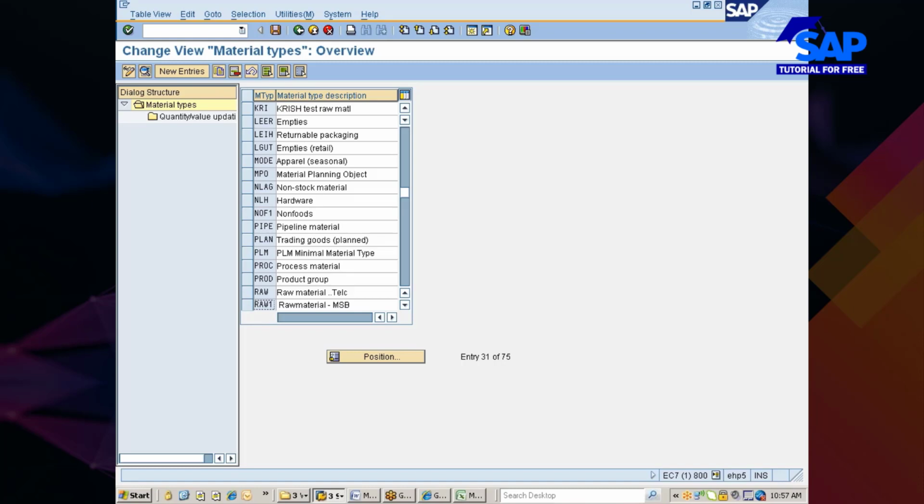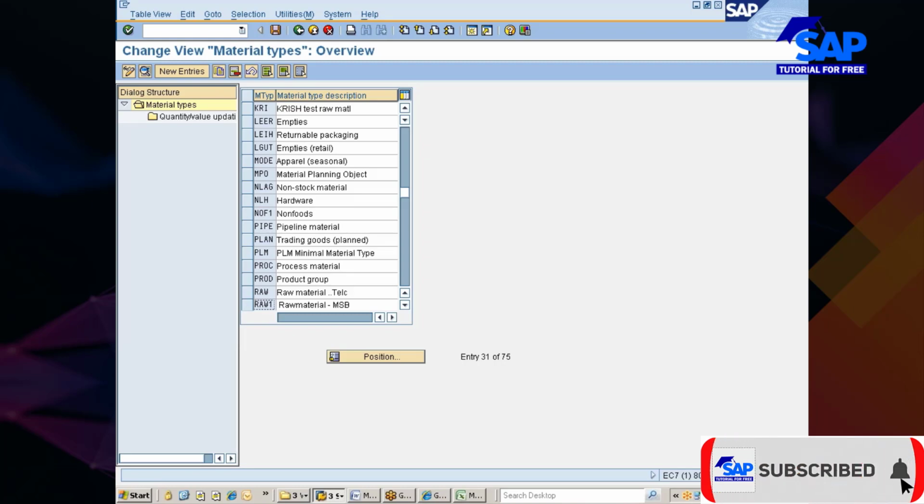Once you have the power available, whenever you want it, you can switch it on or off. So this is called non-stock material. Upon receiving the material, it is assumed to be consumed.